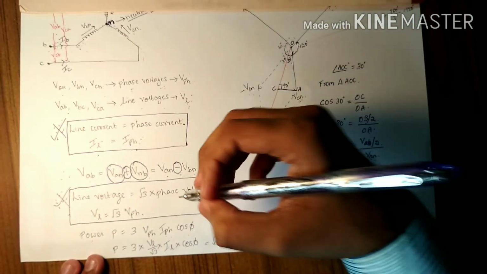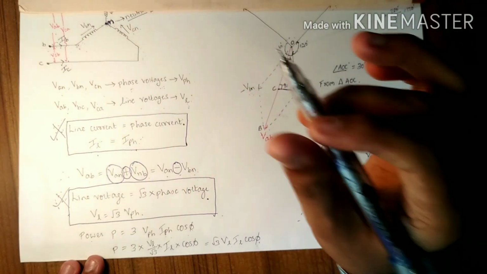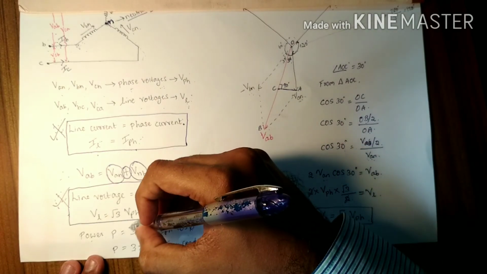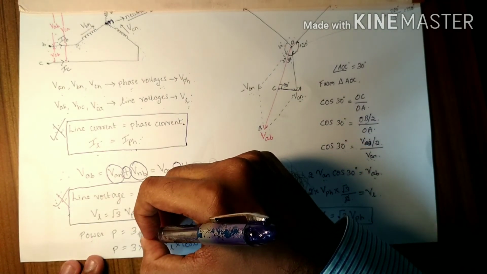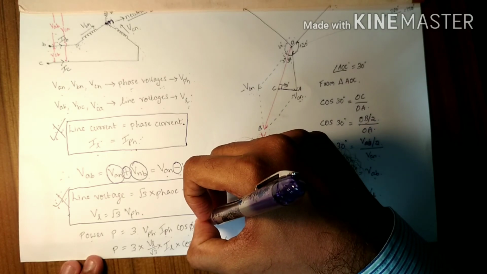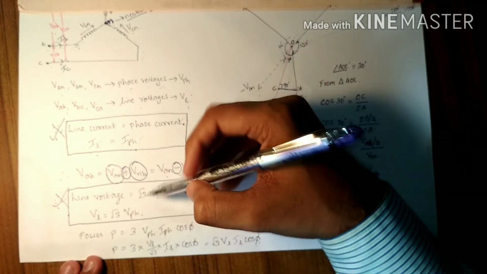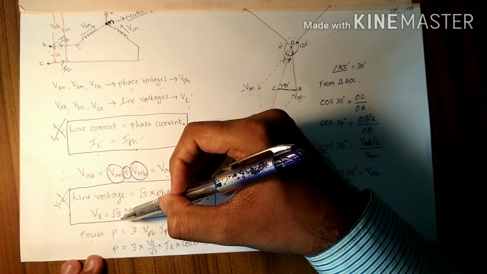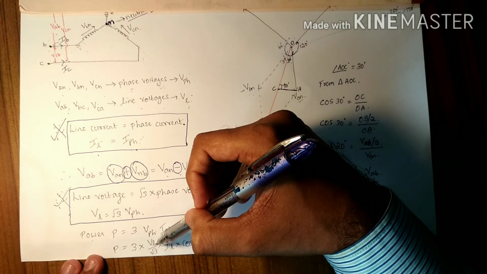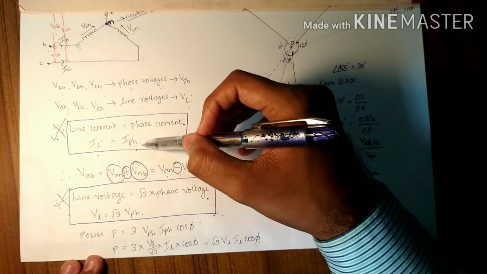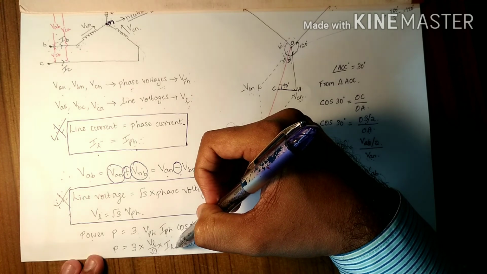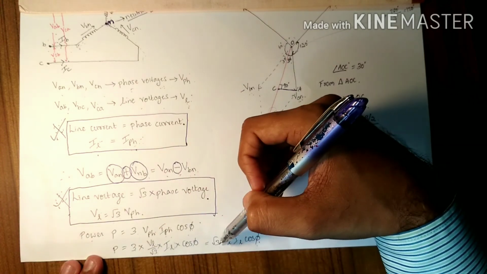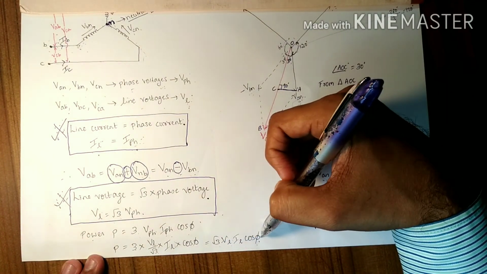Now coming to the power. In single phase we have seen P is equal to VI cos phi, right? For a single phase AC circuit, it is VI cos phi. But remember this is a 3 phase circuit, so always you should multiply it by 3. So 3 V phase I phase cos phi is the power. But for a star connection I know that VL is equal to root 3 V phase, therefore V phase is equal to VL by root 3. Therefore I can replace V phase with VL by root 3, whereas IL and I phase are equal, so I can substitute I phase is equal to IL. Now this root 3 and this root 3 will cancel. Finally the answer will be root 3 VL IL cos phi.